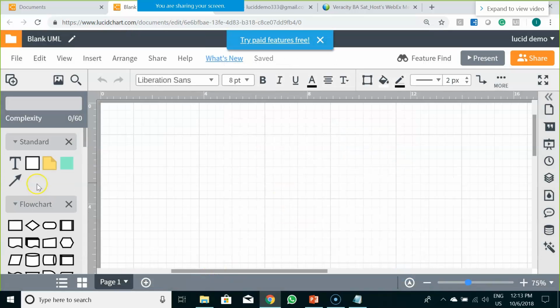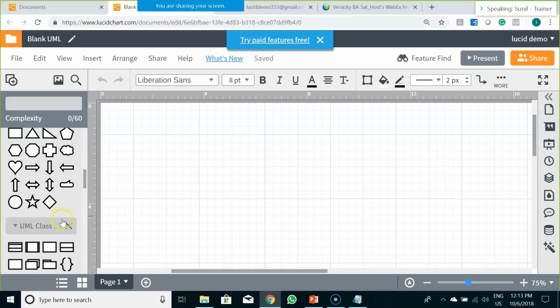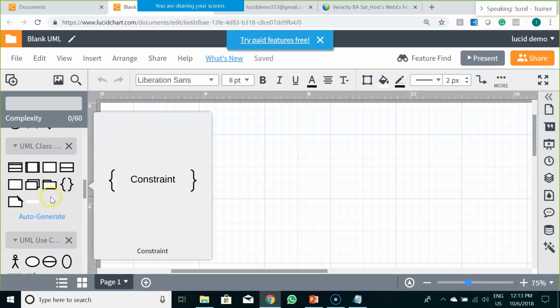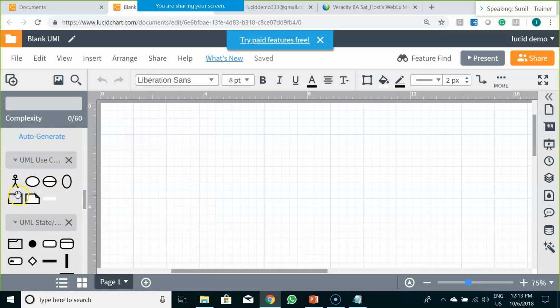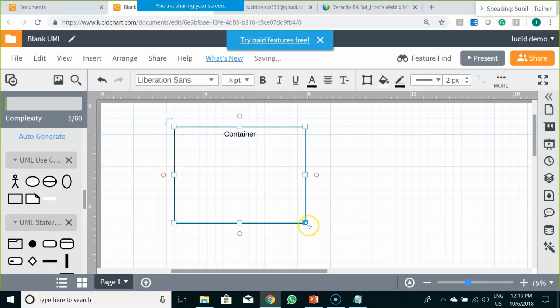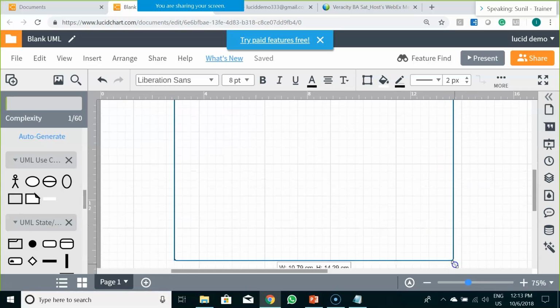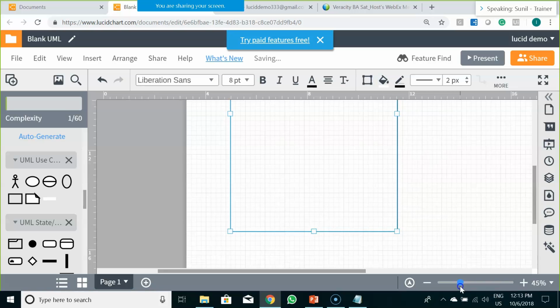Now, before starting with the UML, we would first need a boundary. This is a rectangle container wherein we define a system boundary.